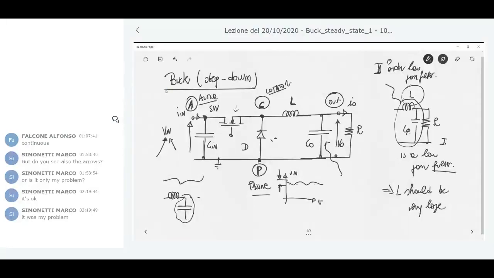Here you have a diode. Of course, we can have a power diode and a power MOSFET. The symbol for the power MOSFET that I use in this course is this one. Okay, so this is the symbol for the power device. Of course there are a lot of different symbols for the MOSFET, and you can use